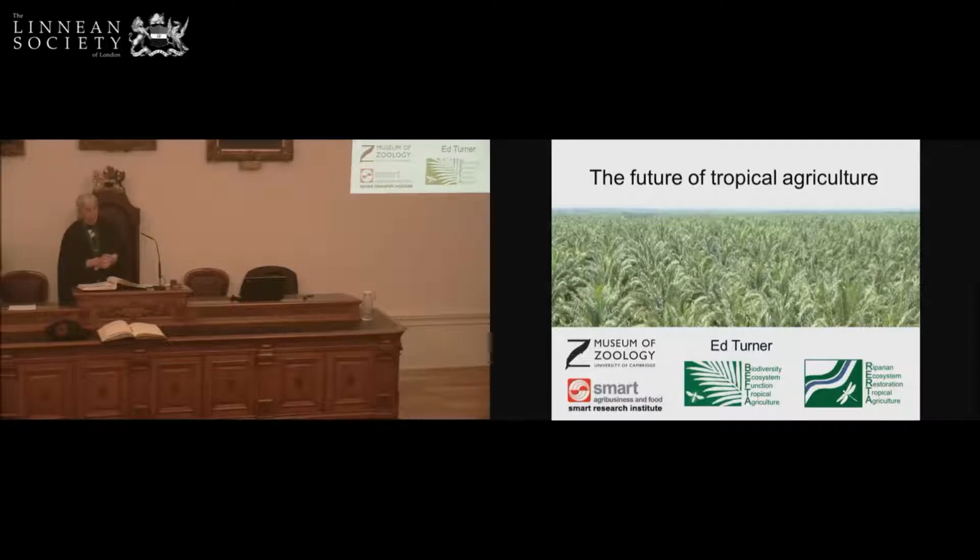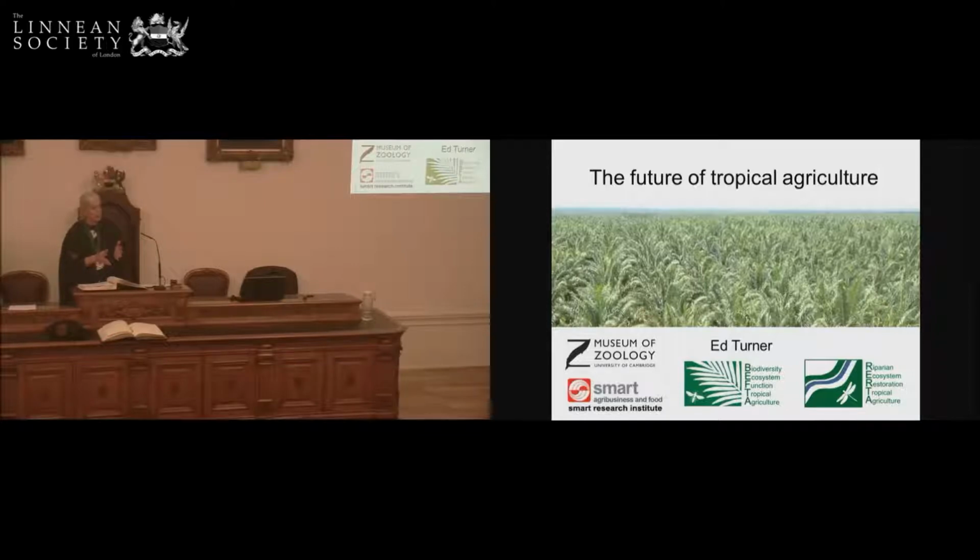Agricultural areas have expanded dramatically in the tropics, providing food for the world's population, but they pose a severe threat to natural habitats and tropical biodiversity. A crop which has attracted a lot of negative press and has been associated with high levels of deforestation is that of oil palms. In this talk, Ed's going to consider some of the negative aspects of oil palm expansion,